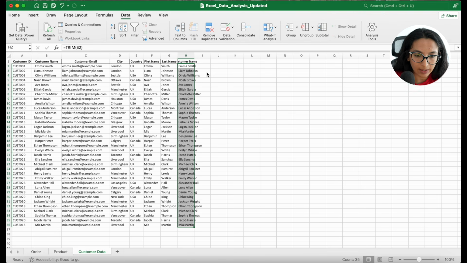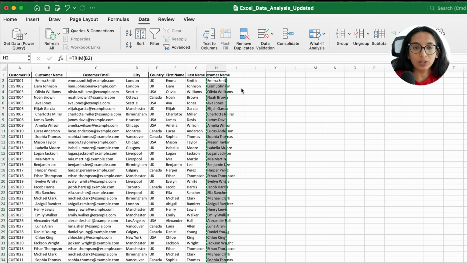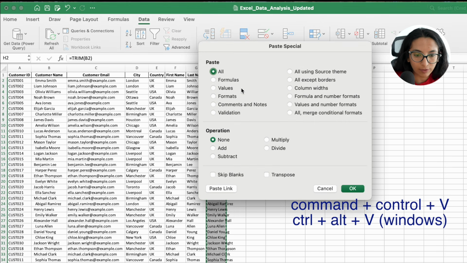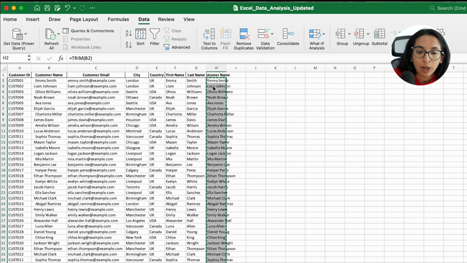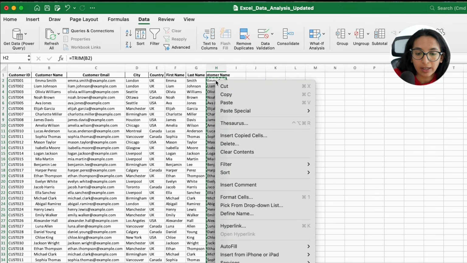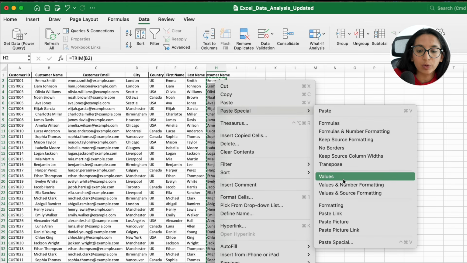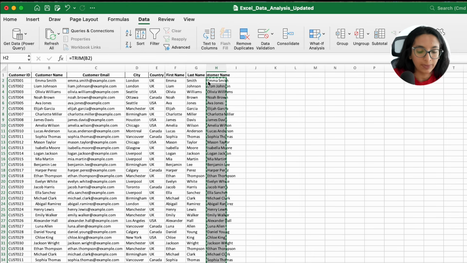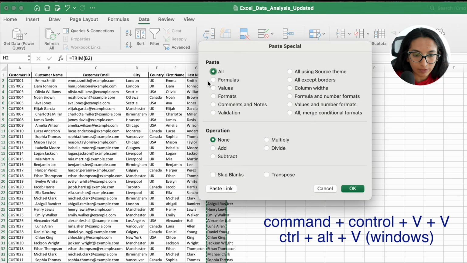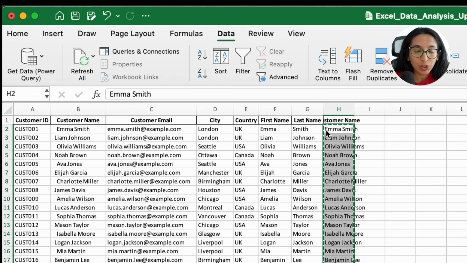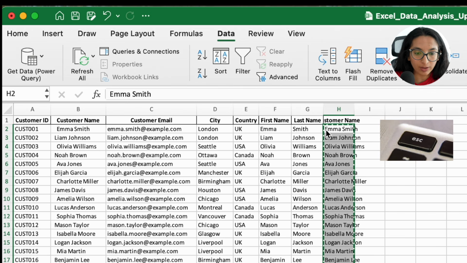So I will select the entire column and hit Command C, and I'm just going to paste the values instead of keeping this as a formula. So I would hit Control Command V, which opens up the paste special box. You can also open this up by clicking on the first cell right here, going to paste special, and then you paste values. But I'm going to show you the shortcut to do that. So Control Command V, and then hit V again, and click on OK. You can hit escape on your keyboard to get out of a formula.